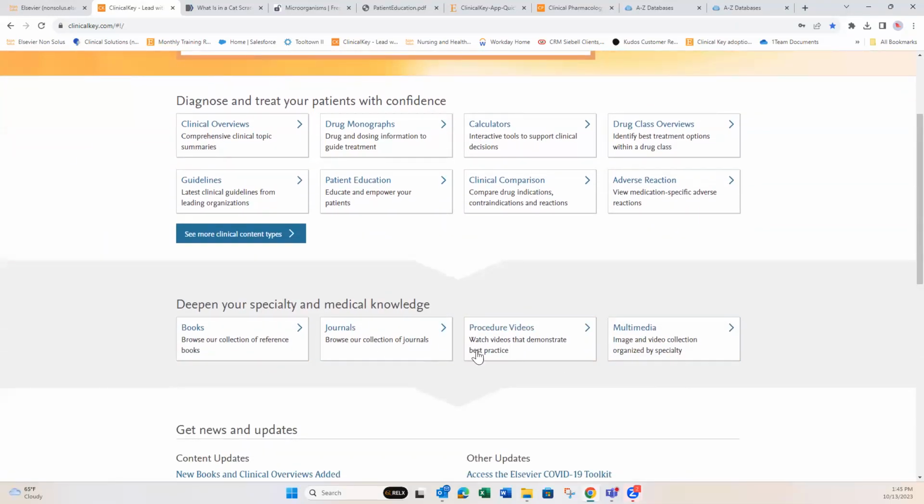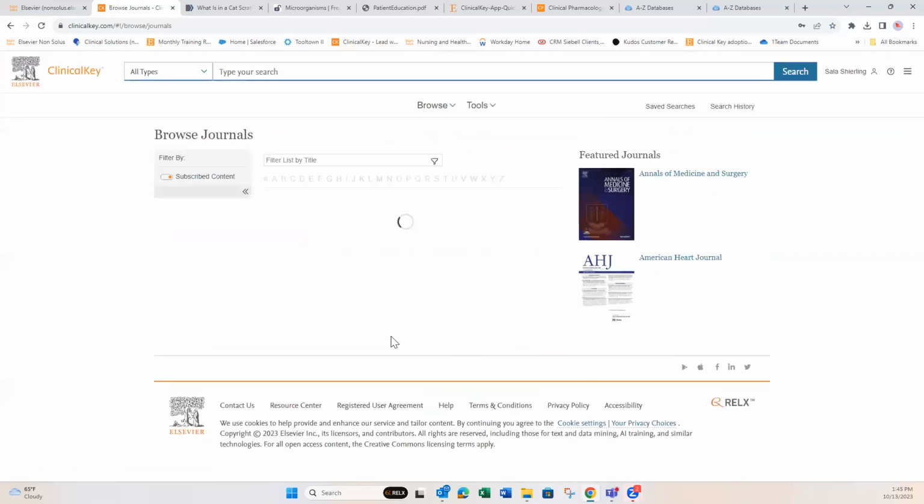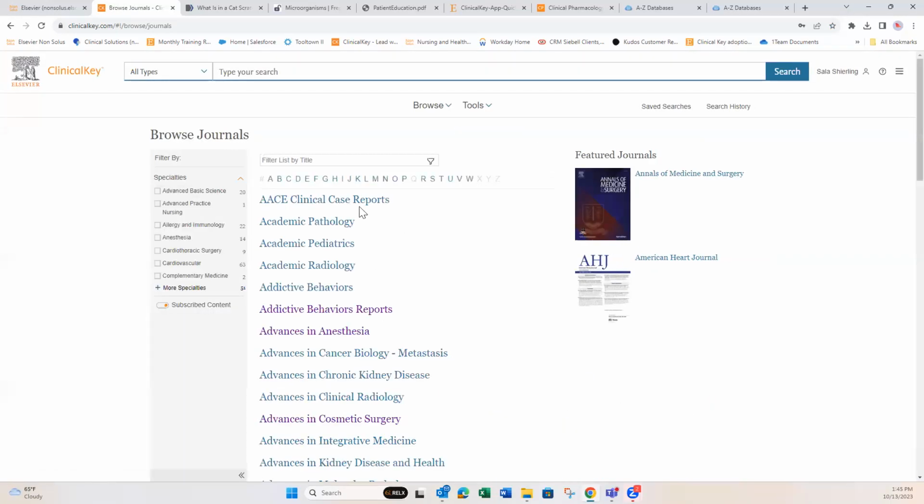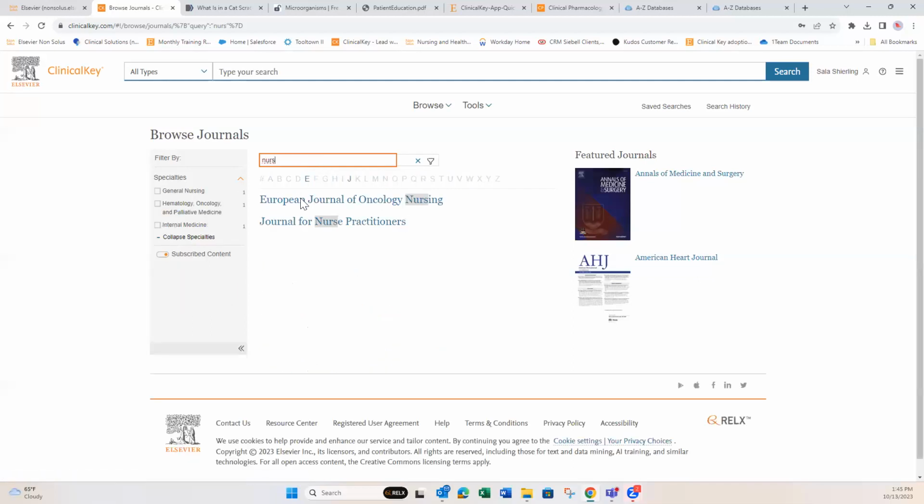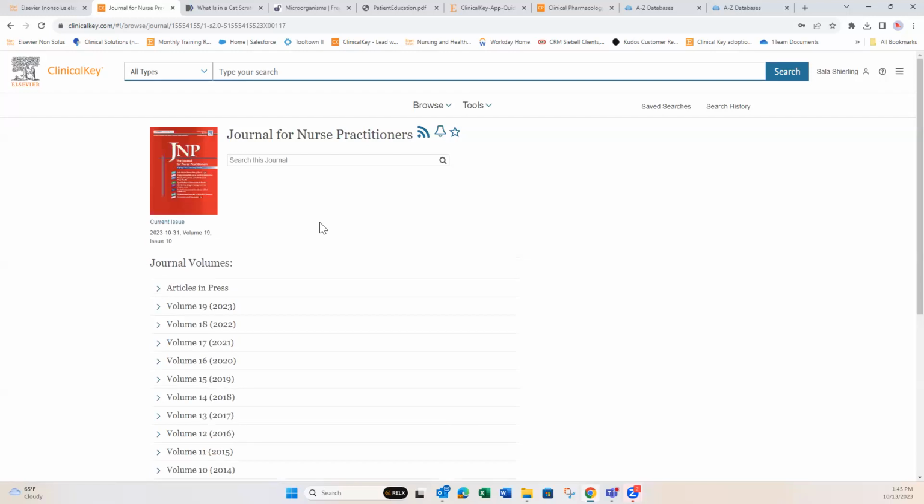Scrolling down, what are the boxes for? Again, they're for browsing. But what if we wanted to browse a journal? I'm going to use our nurse as that example. There are 4 nursing journals in the product, and we'll do Journal for Nurse Practitioners as an example. Let's say that Mary wants to be apprised and aware every time a new issue of this is available. All she has to do is click on this bell, and now every time a new issue is available,